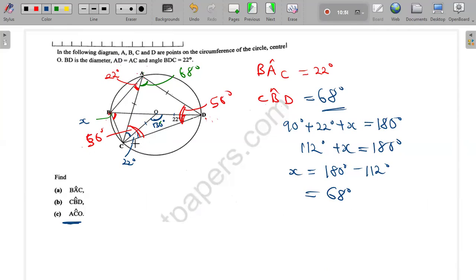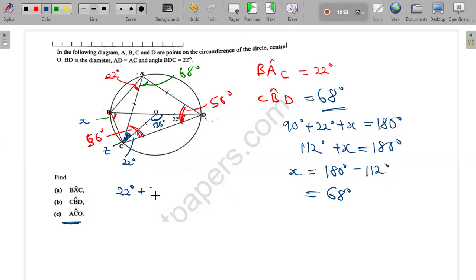This whole angle from here to here is 56. But we want this small angle. This small one here is the angle that we want, since they're saying A, C, O. But we have that this small one is 22, and the whole thing is what? 56. So in short, we are saying 22 degrees plus, let's call this angle that we want